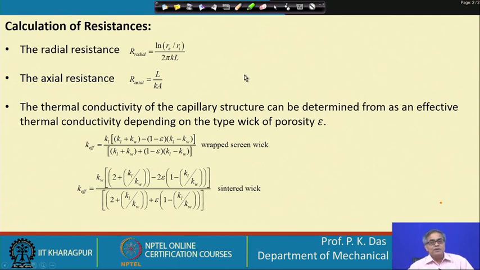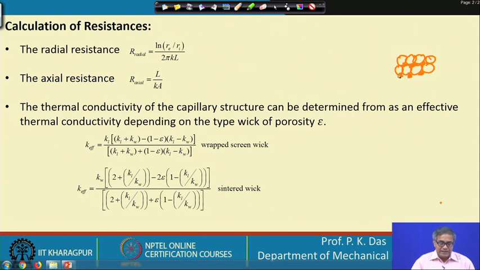Now, the conductivity of the metallic wall we can get, but when we are considering the conductivity of the wick structure, how does the wick structure look? See, the wick structure looks like this. Let us say these spheres are metallic ones, and in between we will have pores, which will be filled by the liquid working fluid. So, you see it is a composite material, both liquid and solid.